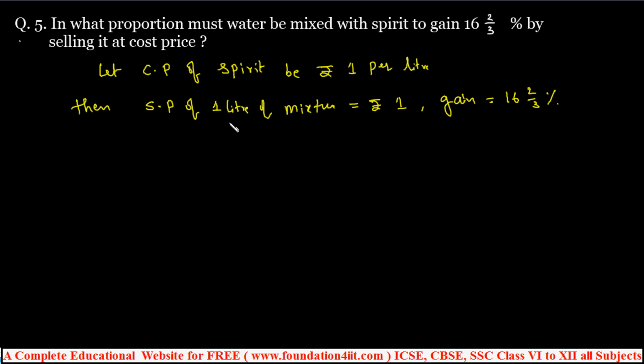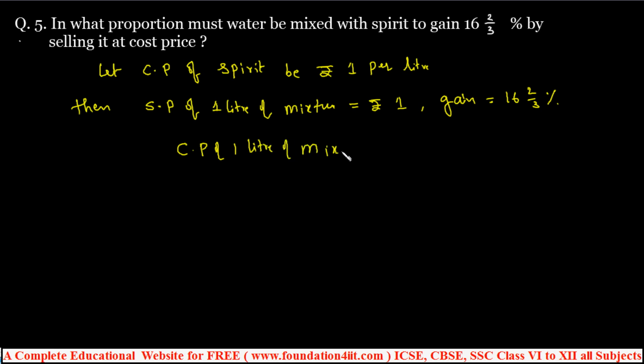So selling price of 1 liter of mixture is rupees 1, because cost price is 1 means you must sell also with 1, but with gain 16 2 by 3. Now we can find out the cost price. Therefore cost price of same 1 liter of this mixture